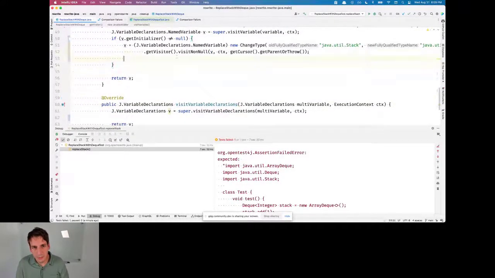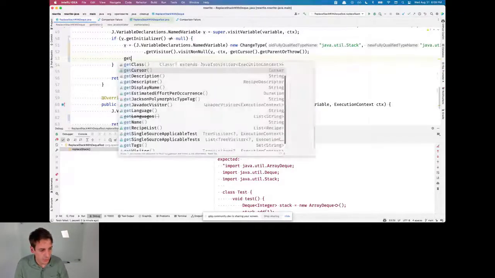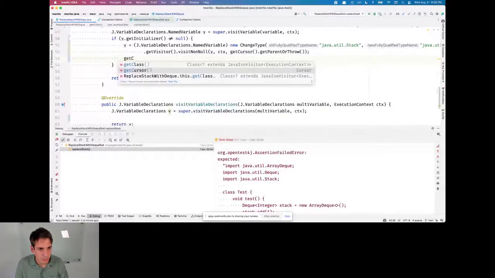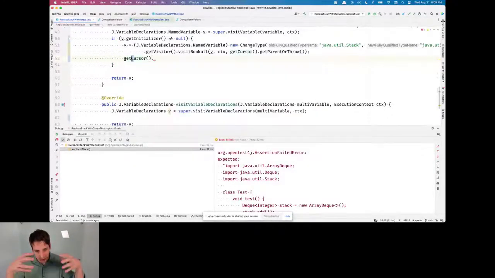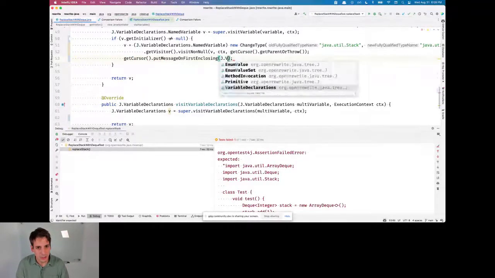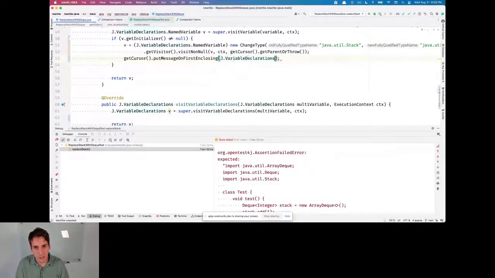And we actually have the ability to pass messages back up the stack. So if I've visited down this lower level, and now we're going to go back up to the higher level after this returns, I can put a message on the first enclosing variable declaration and say, go ahead and replace me now.